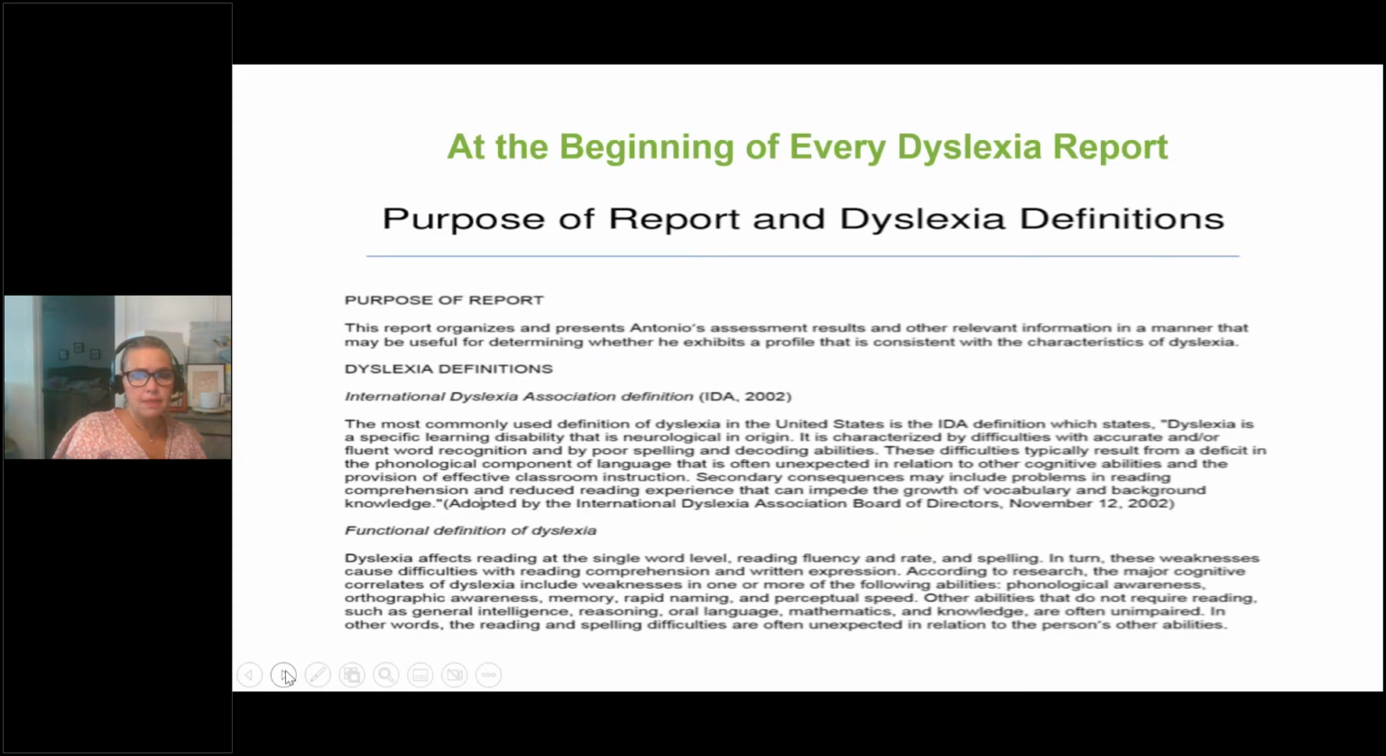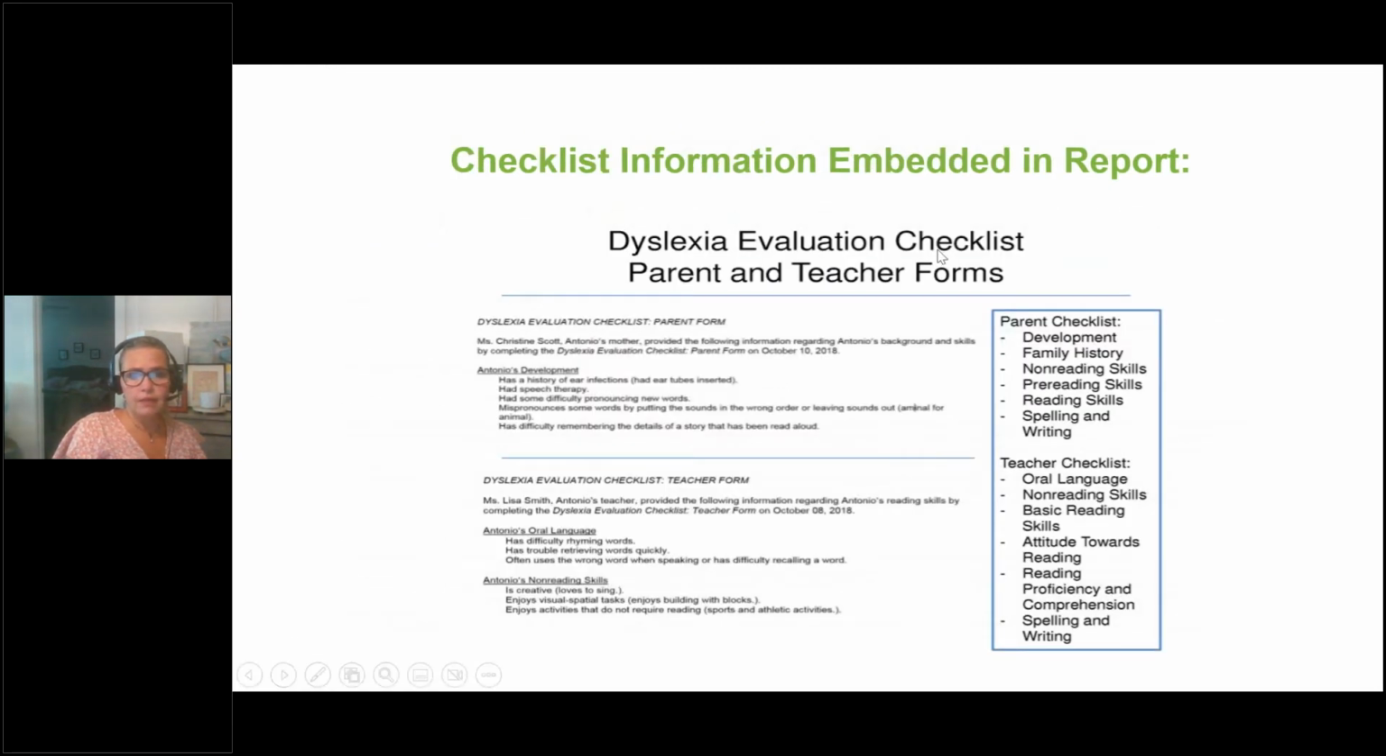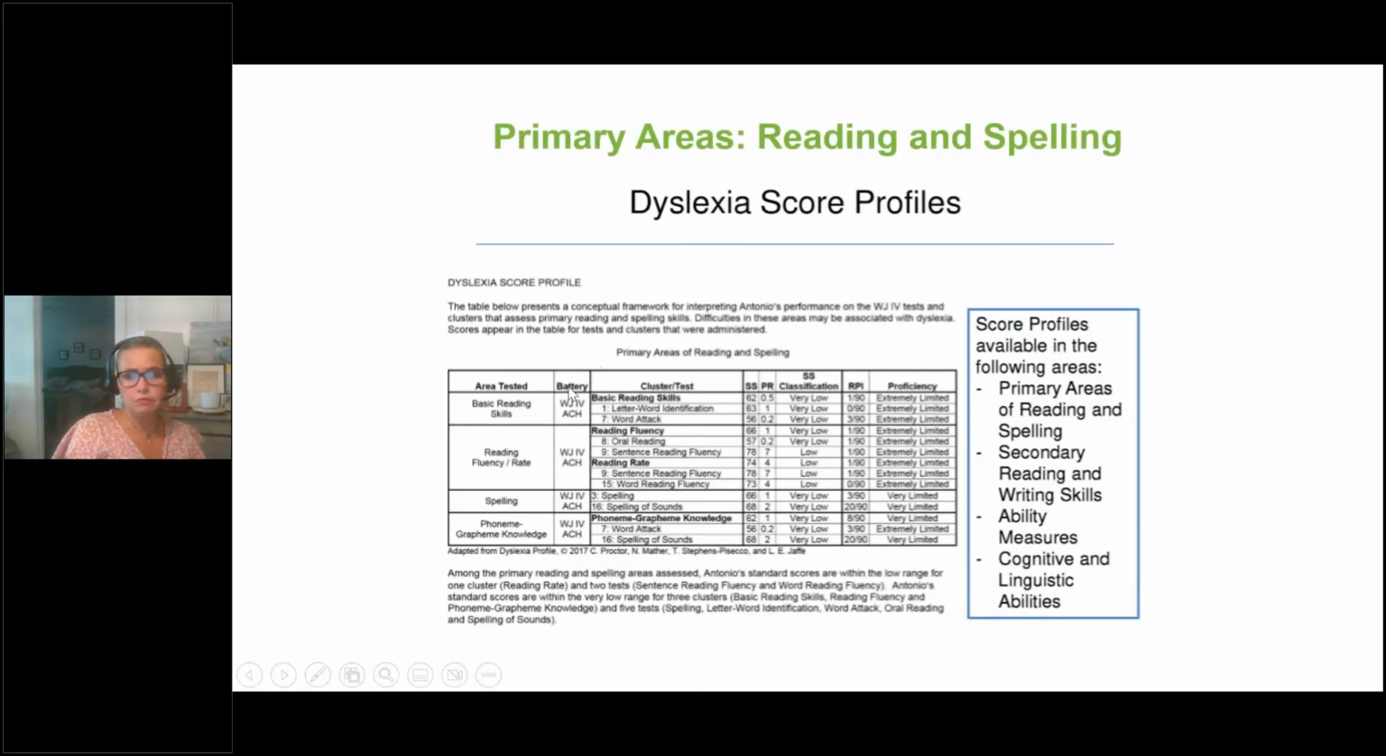So at the beginning of every dyslexia report, they're going to have the purpose of the report and the dyslexia definition. So we've got the International Dyslexia Association definition included in that as well. And then again, pulling in your checklist from the parent and the teacher, that information will also be included in the reports and be embedded there. And then you'll get your table of scores that you'll be able to analyze, to look at students' performance, not only through the scores, standard scores, but also looking at the RPI and the descriptor associated with that proficiency